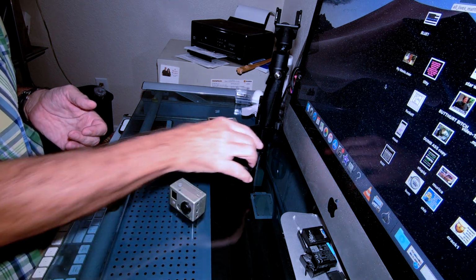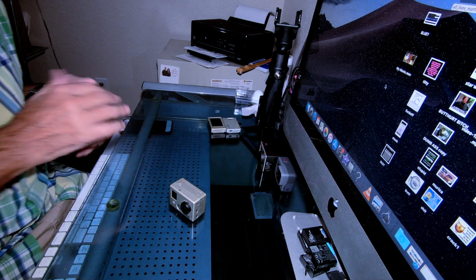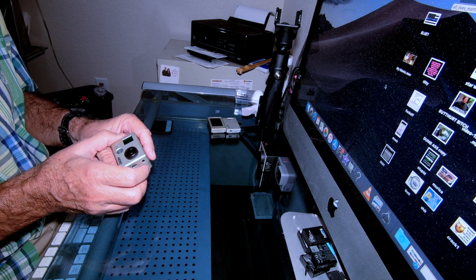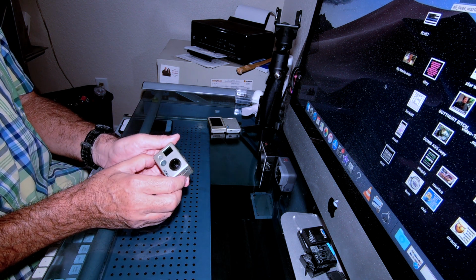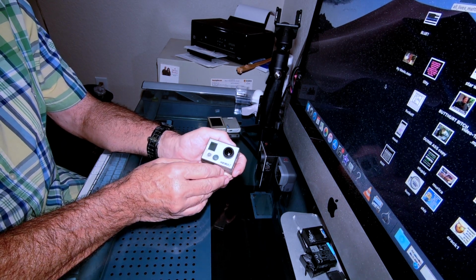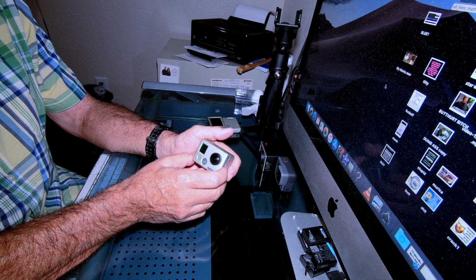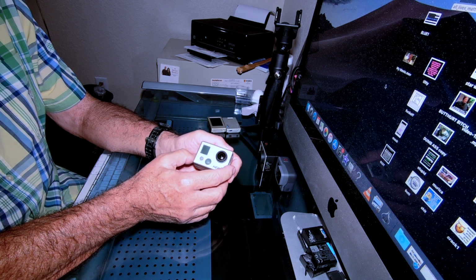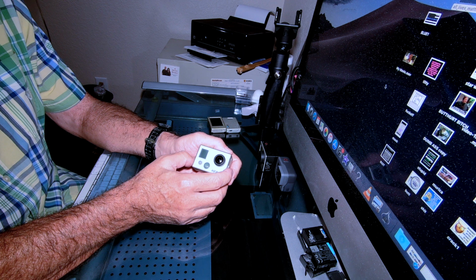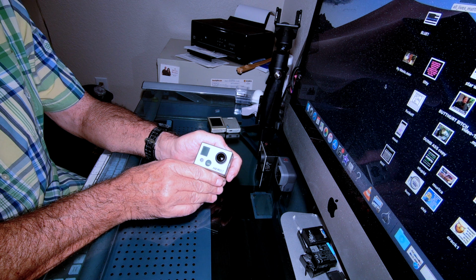I'm going to set these aside. We're going to deal with them in separate videos, so we will concentrate on this one at this particular juncture. This, as I said, is the GoPro Hero 2, and it is definitely an older boy. This came out, I believe, in around 2011, and actually this was the first camera that